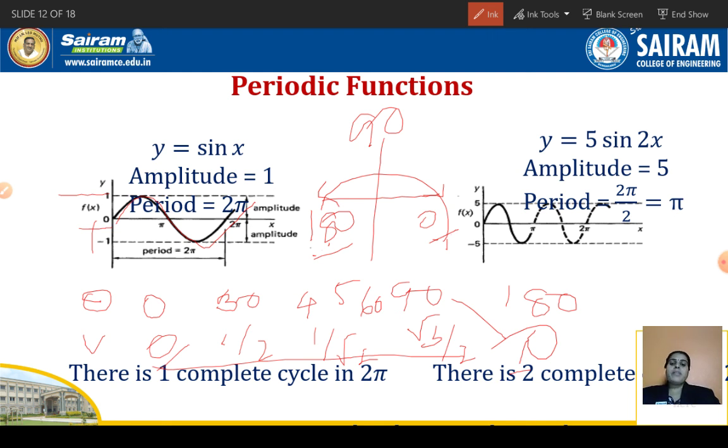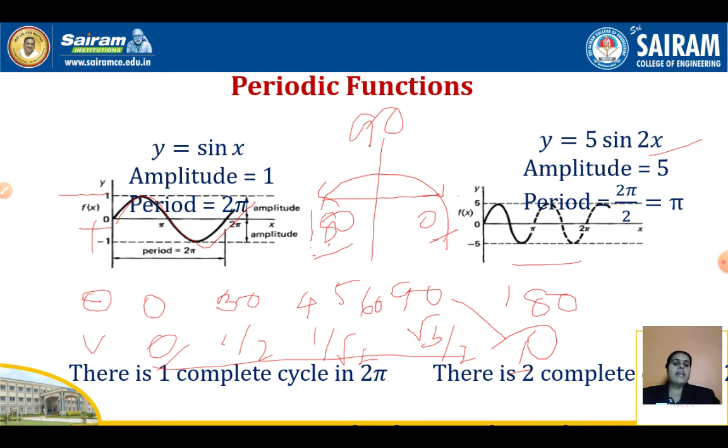So that is about your periodic function. Once after 2 pi, the same cycle repeats. You will get back another curve with the same amplitude. So sine x is a periodic function. Similarly, there is another example I had written here. y is equal to 5 sine 2x with an amplitude 5. And the curve looks like this. You can see after every interval 0 to pi, pi to 2 pi, and again, the curve completes one cycle fast, and again it is going back to its original place.